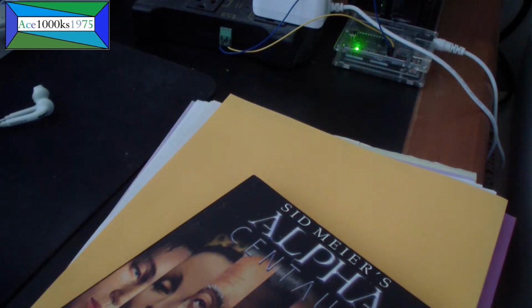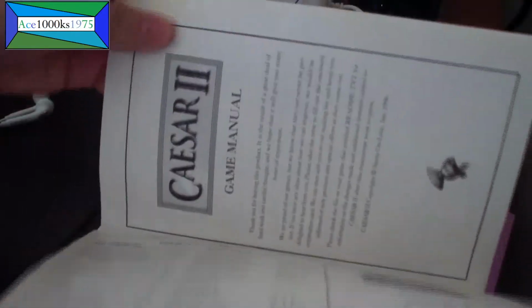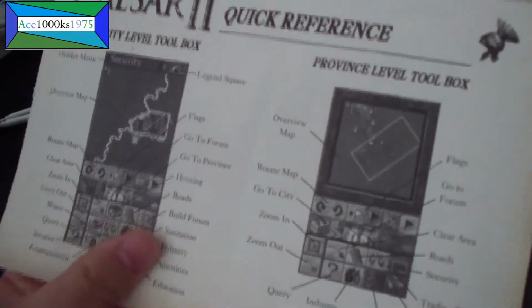Or other times, check it out. For Caesar 2, it's right here. It's on the manual, in the manual, partially. It's the reference guide for the game, the reference keys. And that's how games used to come back in the, I guess from its inception, maybe in the early 1980s to, I guess, up to